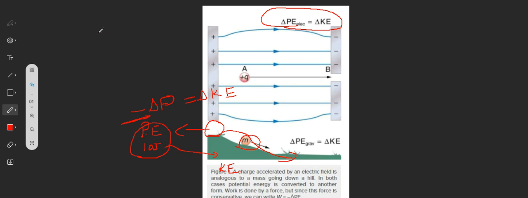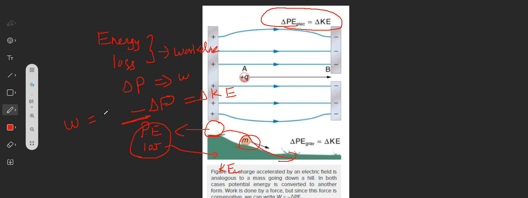Whatever energy loss we have, we learnt about it in our 11th standard portion: the energy loss is converted into work done, right? So the energy loss here is potential energy, and because of that you are going to do work. Then the work you do should always remain positive.